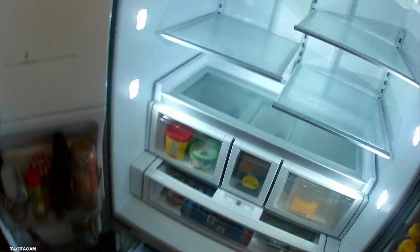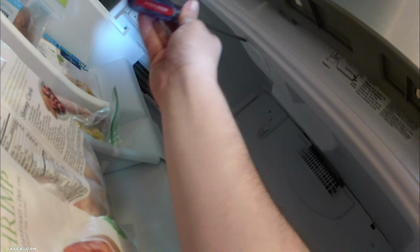As you'll see here soon, whenever I start to take out this light, it is giving me trouble. And the reason it's giving me trouble is whenever they put insulation in this thing during manufacturing, the insulation got into the light itself. I'm going to fast forward it here, and the battery on my camera was really low, so you guys won't see it all, but you will see me struggle to get this thing out. I'm going to fast forward it here, and you'll see this thing barely come out. And then the next time we come back with the camera, you'll most likely see the light actually out, and then you'll see all that